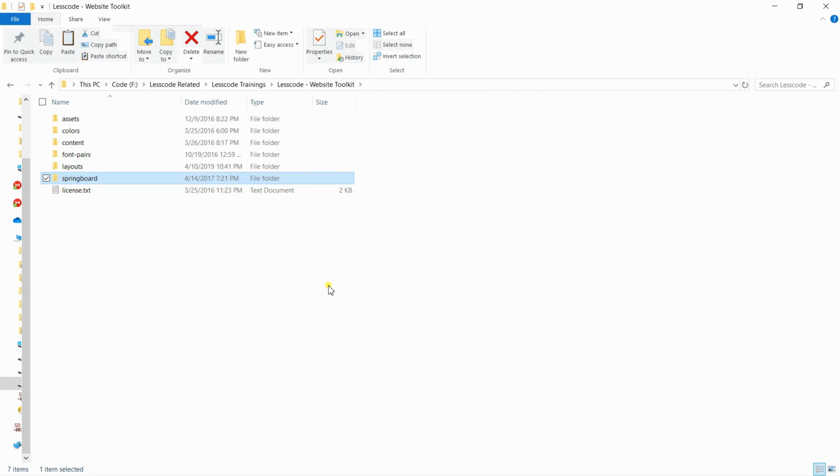Now that we have an understanding of the website toolkit, we can jump back into the application and start looking at the interface and how we can get around the application, get some core concepts on building websites, and then we can jump into building a project to help us really know how the application